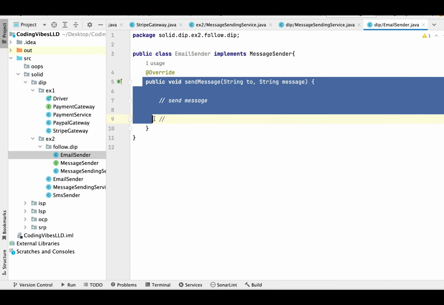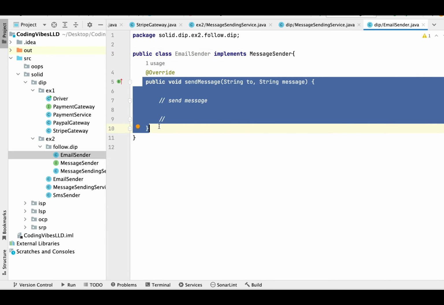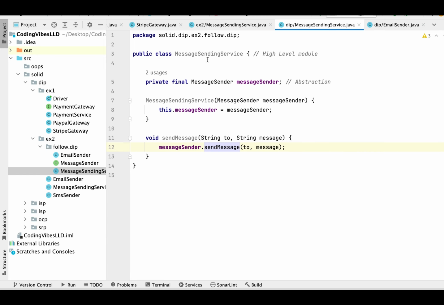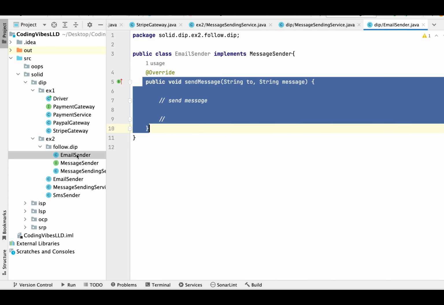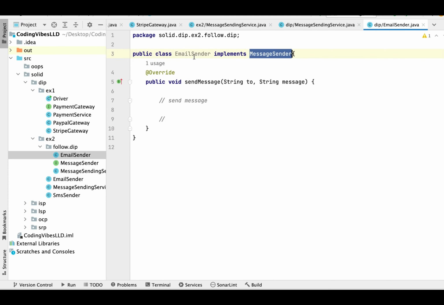So this particular piece of code would have logic to send an email. Now our message sending service, which is the high level module, is dependent on the abstraction, and then the individual or concrete implementations, in this case email sender, is implementing the contract defined by the abstraction.